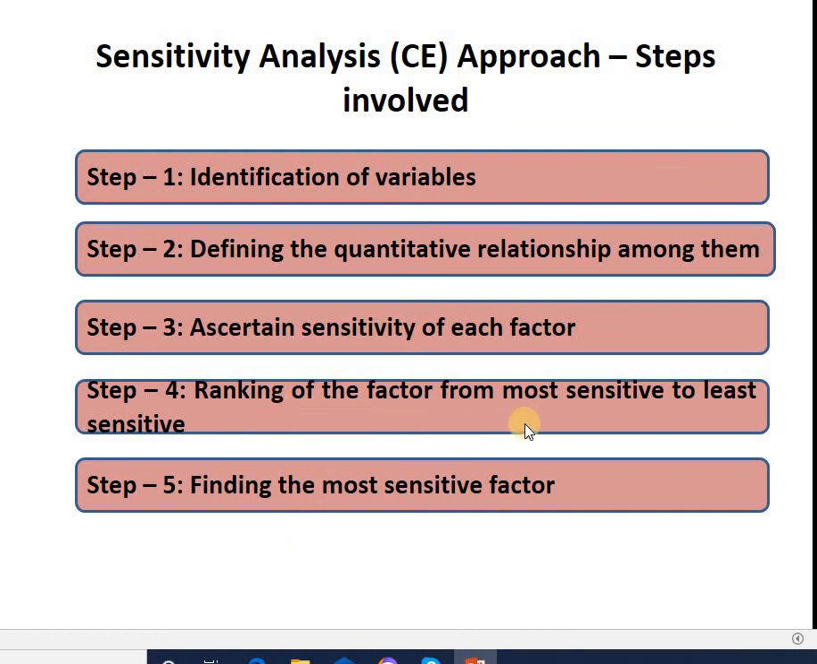And ranking of the factors from most sensitive to least sensitive. After getting the sensitivity of each factor or variable, we need to rank them from most sensitive to least sensitive, and then find the most sensitive factor. So the first step is to identify variables. Then we need to determine the quantitative relationship, then ascertain the sensitivity, then ranking, and then finding the most sensitive